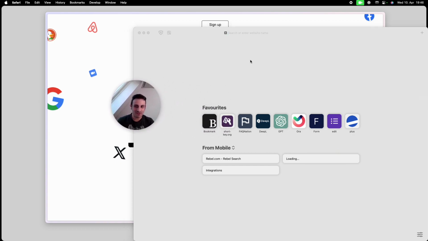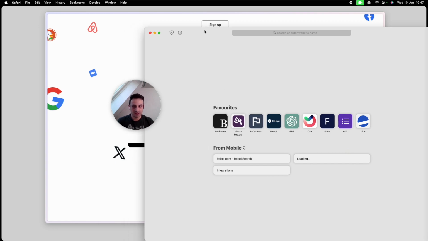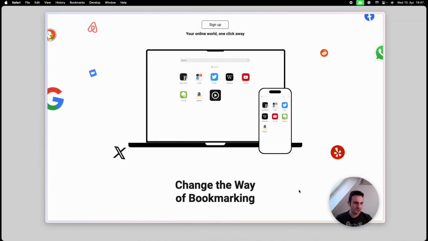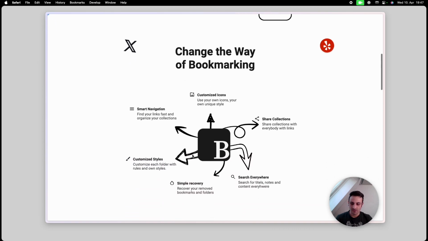I use Safari as my main browser, and I place all the main links I use every day on Safari, or links that I use during the day for a project or something like this. But for every other case, I prefer to use Bookmarker. For example, bookmarks that I don't use every day, just a few times a month. I prefer to set up all those links in Bookmarker, and once you launch it, it looks more or less